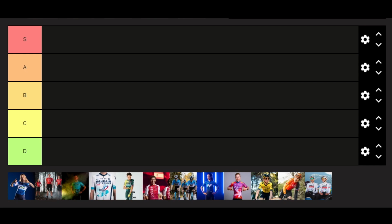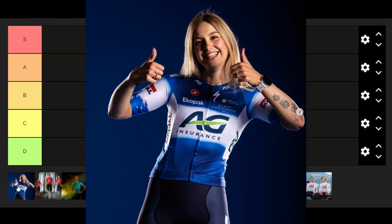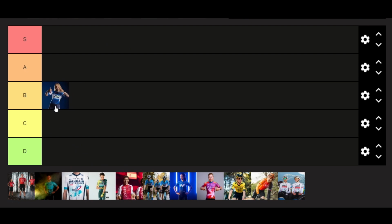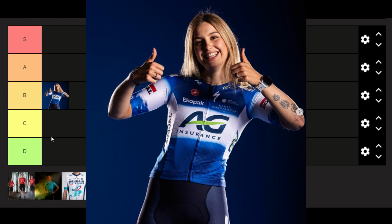So we are going to start off with the AG Insurance Soudal. And I don't think this is an amazing kit. I don't think it is a terrible kit. And all I'm going to say about this is it sets our benchmark as a B tier kit. So I like the colours. I think the contrast between the blue and the white is cool. I like the fact that on the sleeves it's not a straight line,